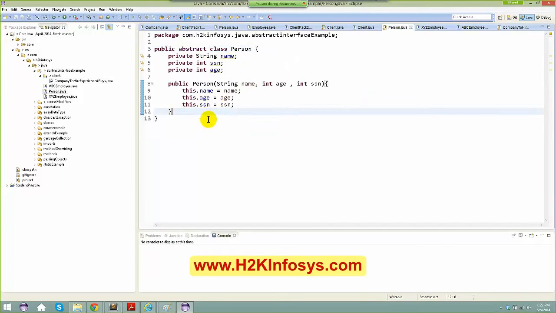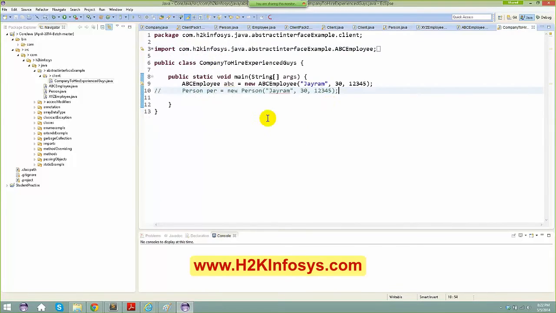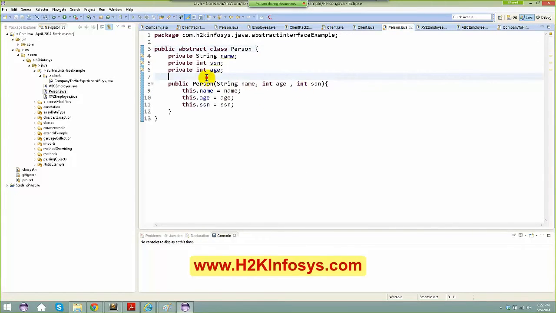Now, when I make this an abstract class, I know that I cannot create an instance of this particular class. Okay. Now, I want something in this abstract class. What I'm going to do is have some methods. Let's say public void print